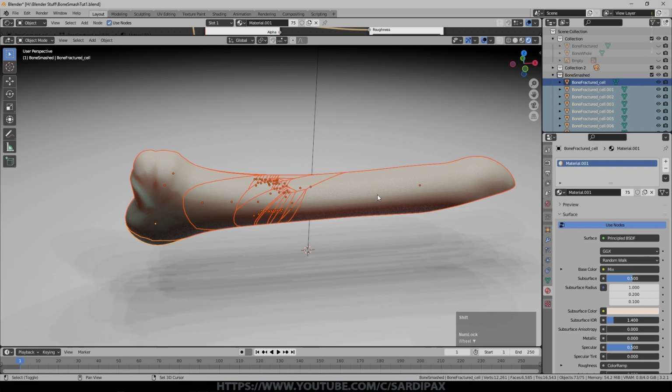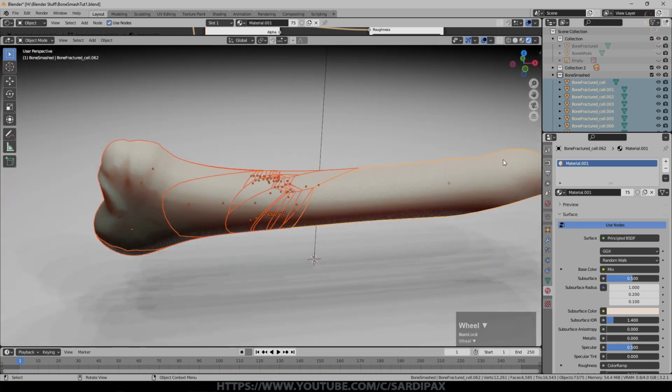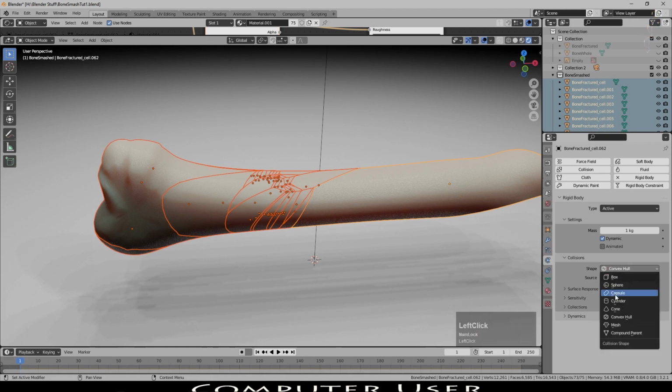And then I need to hold shift and just left click one of the bones. And you may be able to see it's got a lighter orange, yellow outline. So that's now the main selected fragment of bone. And I'm going to go to physics properties and I'm going to select rigid body. The type is active. I'm not going to worry too much about the mass at the moment. However, the default here is convex hull, which means it's creating a very crude approximation, sort of a lozenge around the shape, which is what it uses to determine whether the shape has collided with anything. Now these are quite complicated little shapes, so we need to select mesh for us to even have a hope